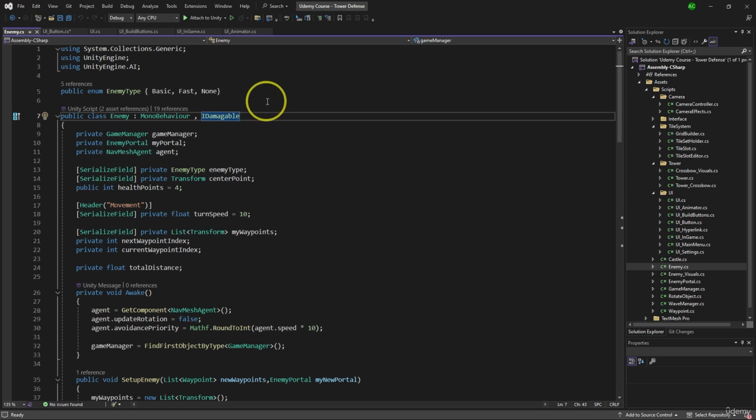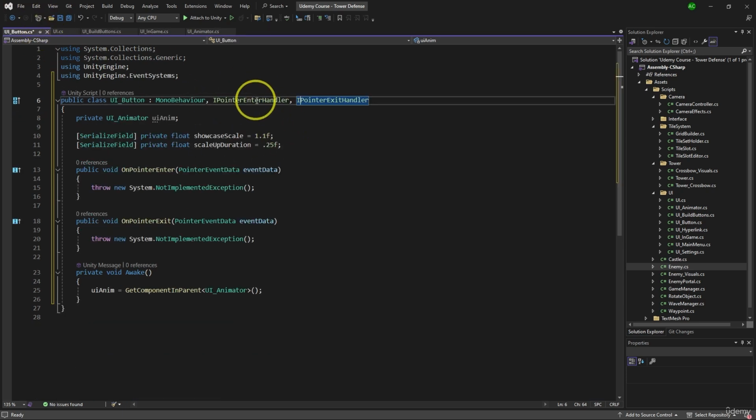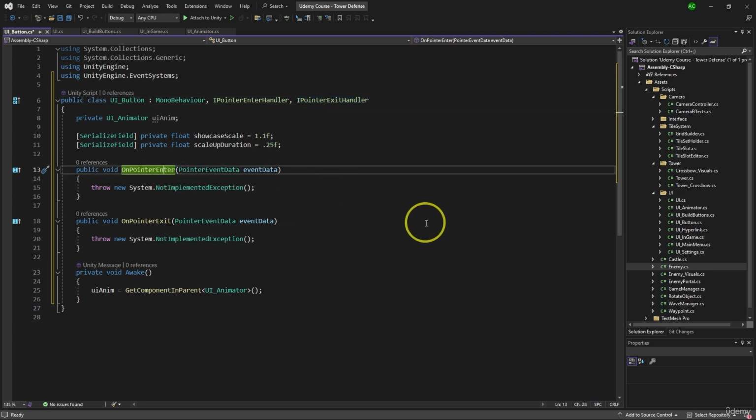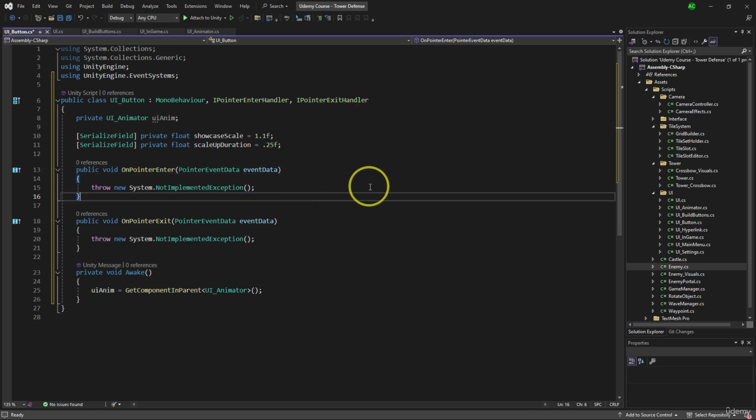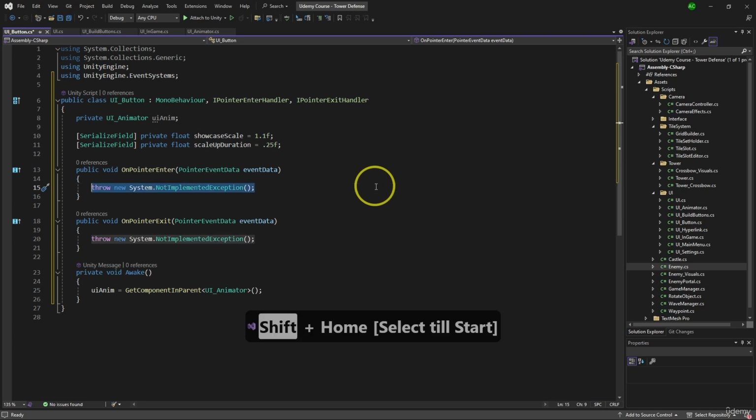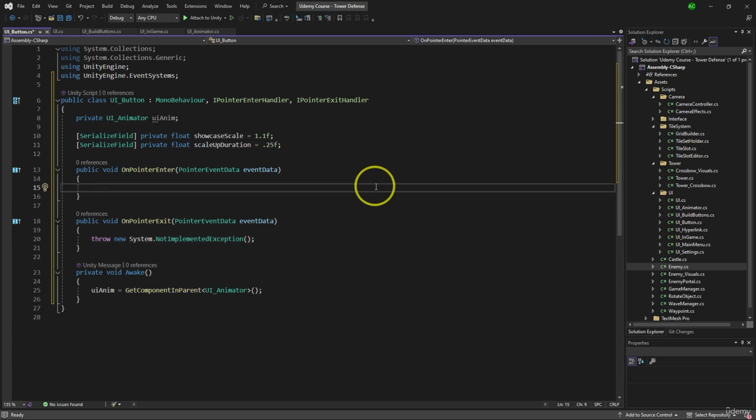Alright, so same as we did IDamageable, this one is IPointerEnter and IPointerExit, and these two were created by Unity. Pointer enter is called whenever the mouse enters the game object. Pointer exit is called whenever the mouse exits the game object. That's all you need to know actually. And now we can go here and we can do UI anim,